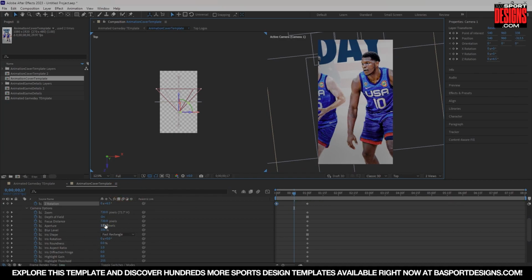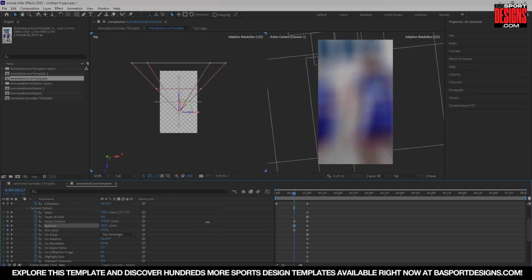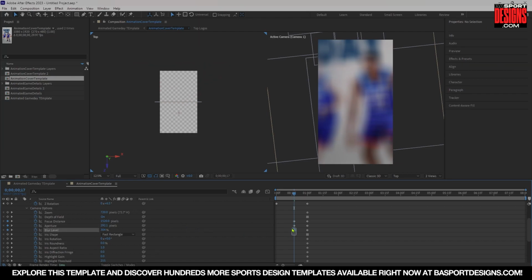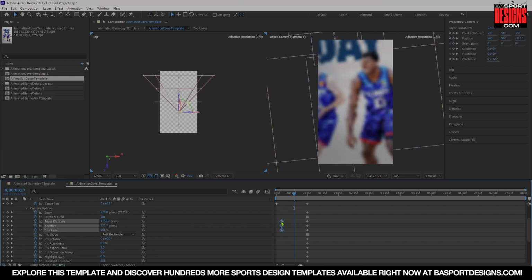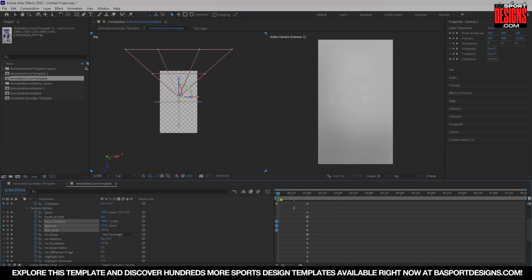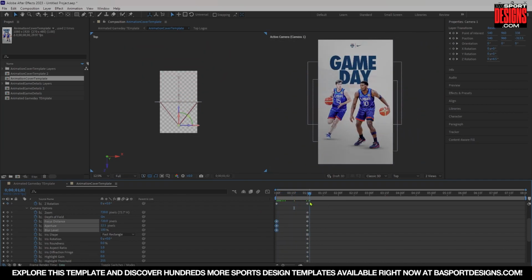And our depth of field is on, and blur level, we can just play with these settings here. Turn the blur level up, focus distance. We can change that, kind of see what we get. And I'm just going to play with these settings and see what it gets us. So let's start right there. Something really blurry. I'm going to click and drag these keyframes to the beginning so that it'll go from really blurry to in focus